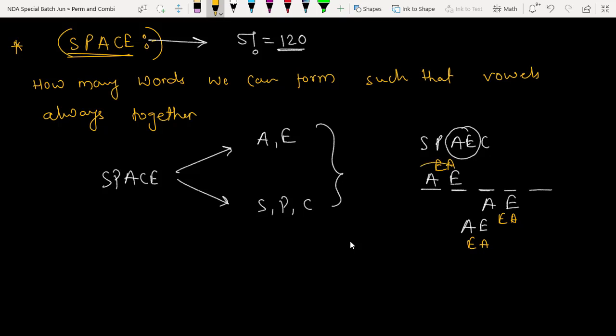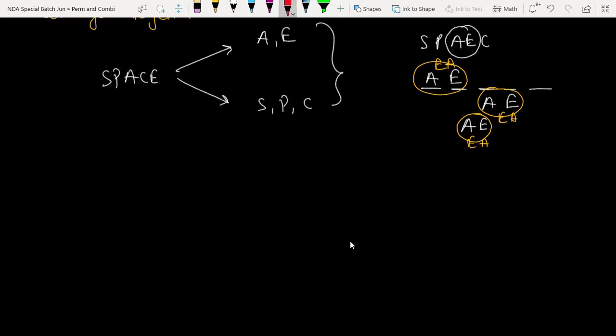Now if you observe, whenever they are always together, we can form a group of these 2 and proceed as we have solved all the questions just now. Let me write a note here. Whenever you get a question like always together, just form a group. No formula, nothing is required, just the concept, and it is very simple. Always together means just form a group.